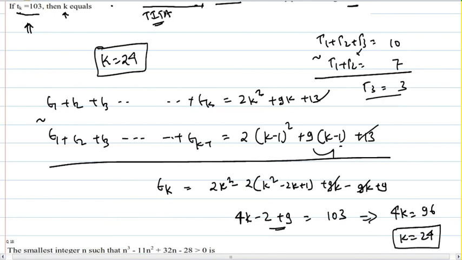What is the learning objective of this? When you have sum of a sequence and you are looking for a specific term within that sequence, you write down the sum up to nth term, you write down the sum up to n minus 1th term and subtract both. You will have the Tn. I could have applied this approach and find the general term of the sequence as well. I don't want a general term. I wanted k. Which term is going to be 103? 24th term is going to be 103.